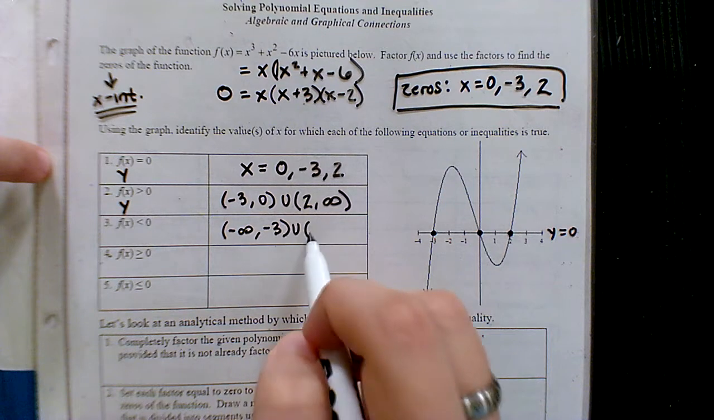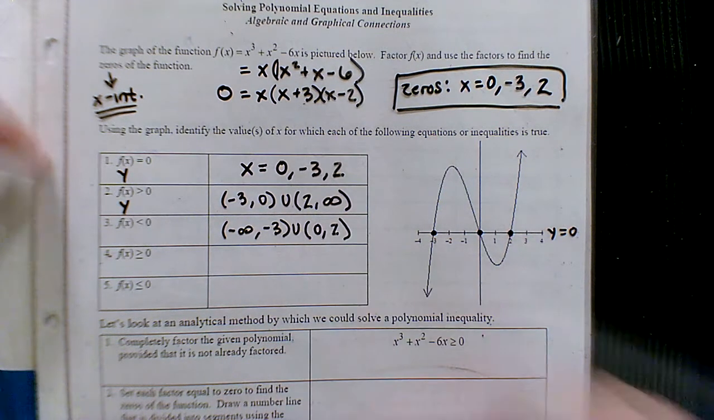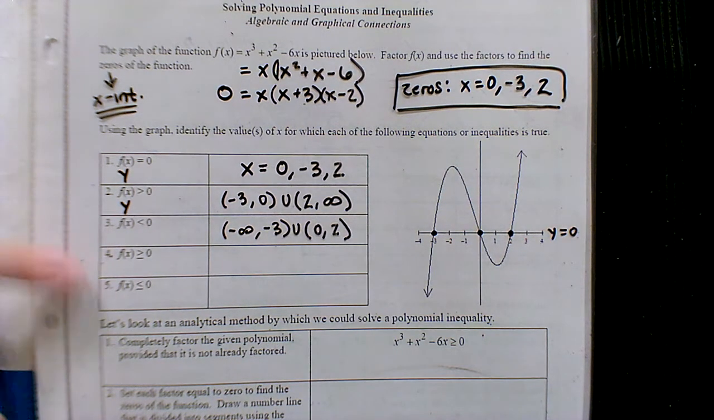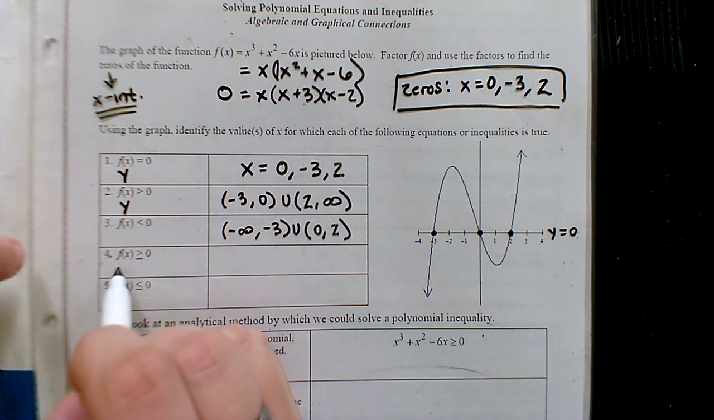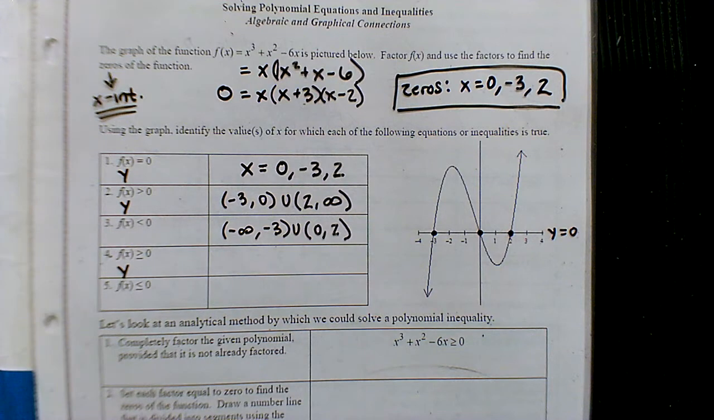Okay. And then 0 to 2. Okay. 4 and 5 are kind of similar, but they're slightly different. Now we have that equal bar underneath it. So in this case, we want y values that are above the x-axis, meaning positive, or equal to 0, meaning